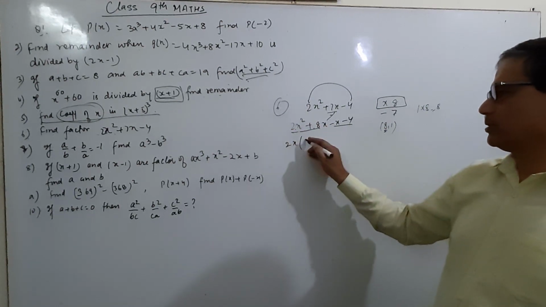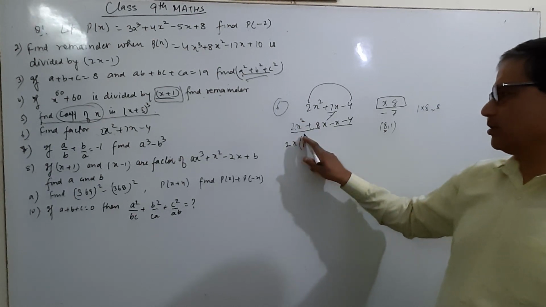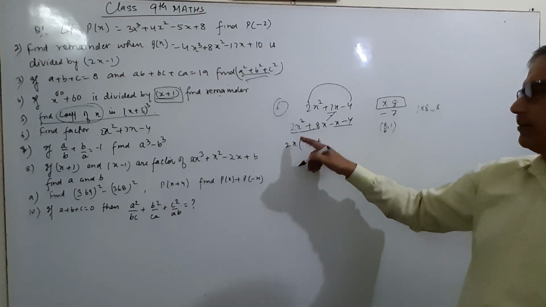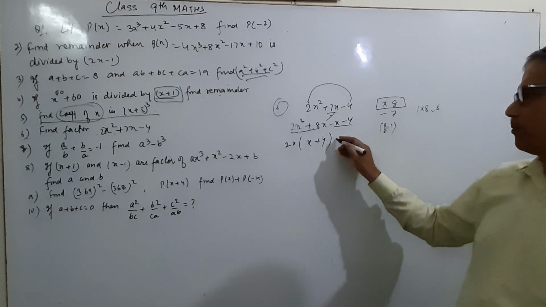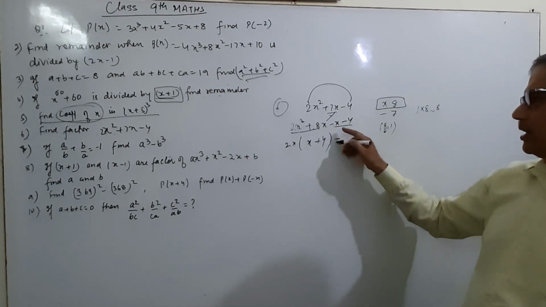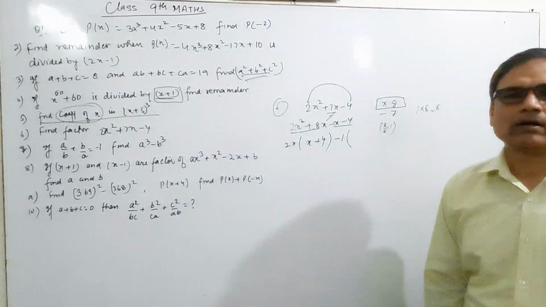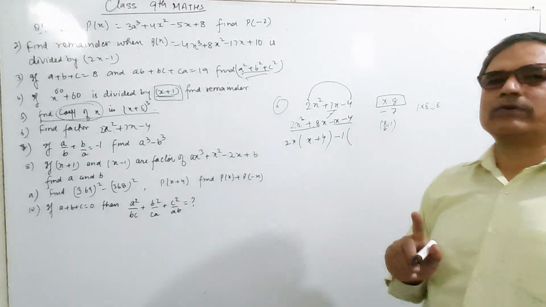Here is x squared, here is x. Need not write 1 plus 2; table of 8 divided by 2 is 4x, divided by x is 1. Need not write. Minus is common, and there is no common factor. That means only 1 is the common factor. When there is no common factor, that means 1 is the common factor between the two numbers.